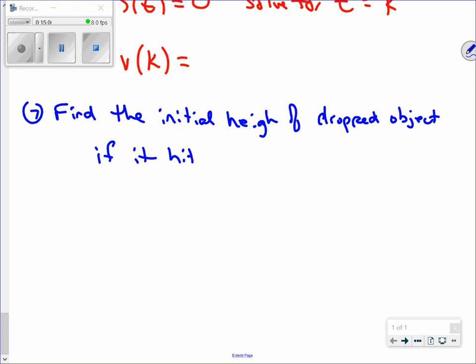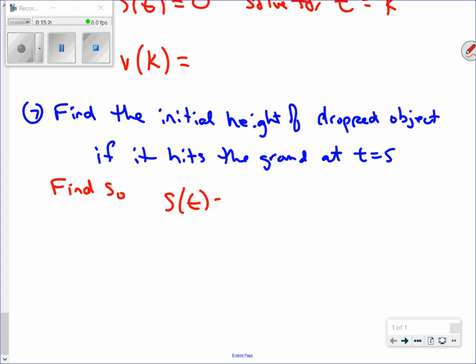If it hits the ground at t equals 5. Two things are happening here. I've given you some information, but I haven't given you all of it. You are obviously looking for S of 0. That's the initial height. You've got this function, S of t equals,